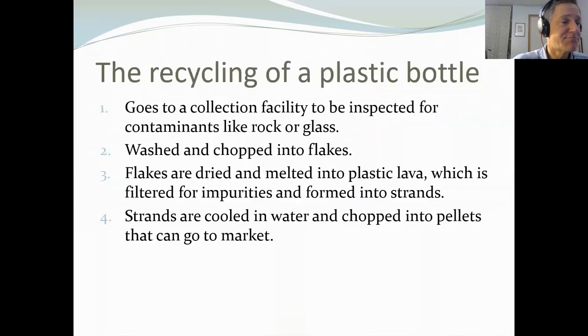Okay, and this is just an example. So you throw your little tiny plastic drink thing in the recyclable container, or even the single stream, which has these, you know, to separate materials has embodied energy too, because especially to do aluminum and metals, you get these magnets that are pulling them out and such. But anyway, first when you put it in the bottle, it's getting washed and chopped into flakes. So there's energy involved with that, and the flakes are dried and turned into a plastic lava, and then it's cooled and pelletized. So even in recycling, there's an embodied energy.